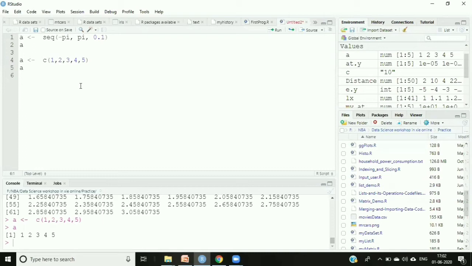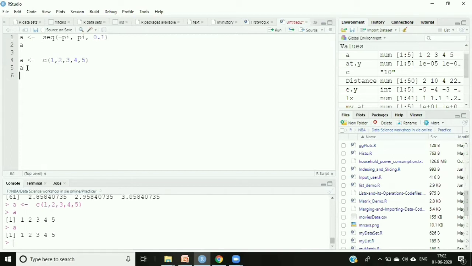Okay. So the other way is by using this c function, and we can have the set of values. If you just control enter, we have the set of values over here, right? So this is also one of the ways to create the vector. One more approach will be, let's take some float values also. For example, I'm saying A and then c, 11, let's say 28.5. Let's take 30.9.